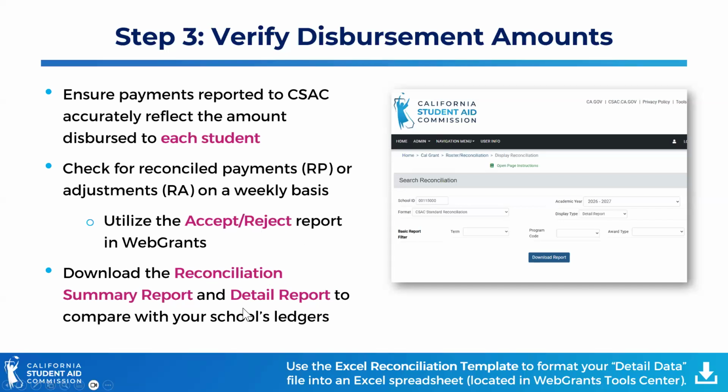You can use these two reports, and you have to use these two reports to successfully do the reconciliation process. So the summary report starts out big and just looks at how much in total dollars your school dispersed in, say, Cal Grant A funds, Cal Grant B funds, Cal Grant B access funds, that sort of thing. And then the detail report is where you drill down to student level data. And that's how you identify a specific student that may have been dispersed incorrectly. And then we would resolve that.